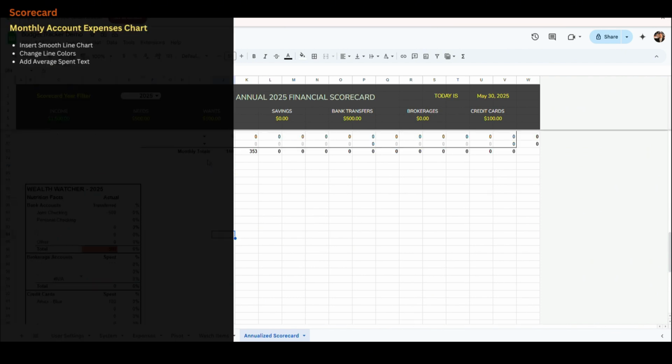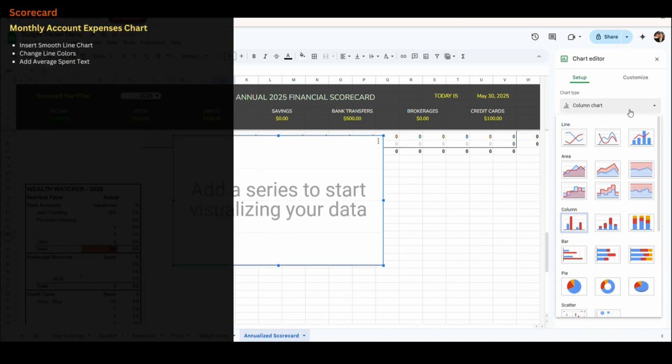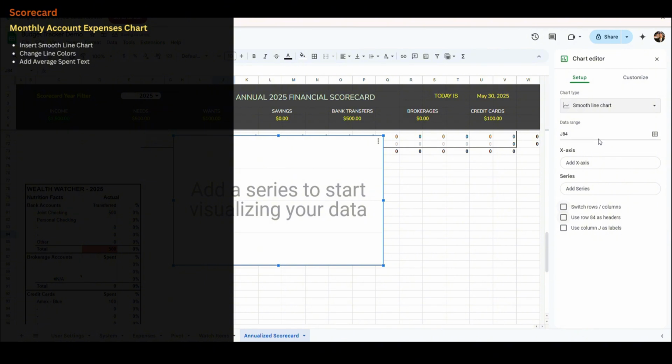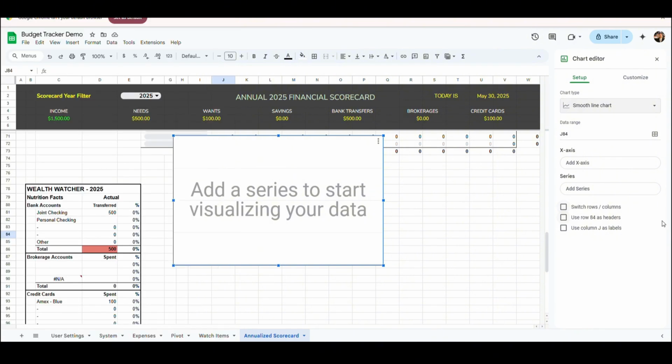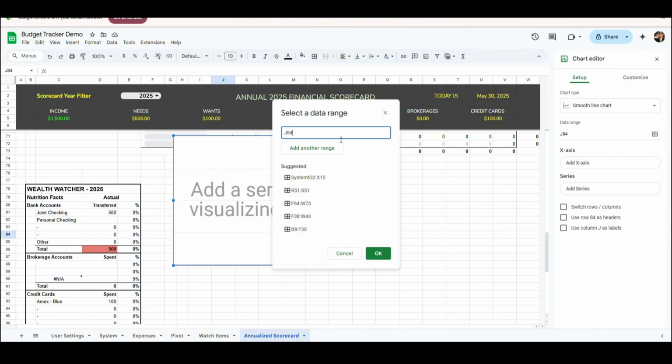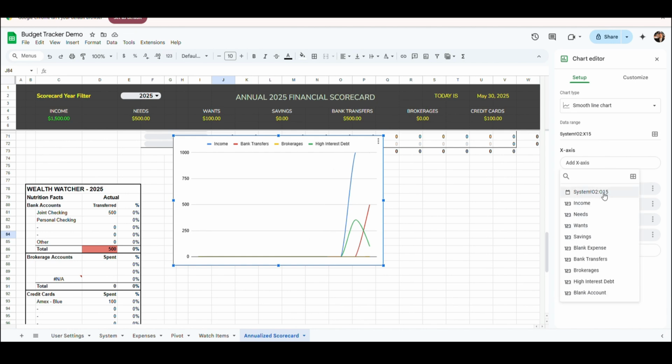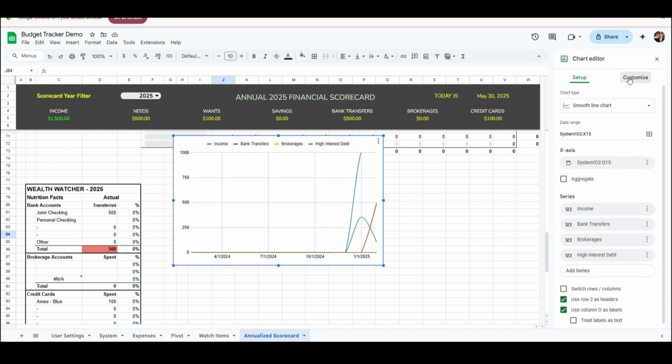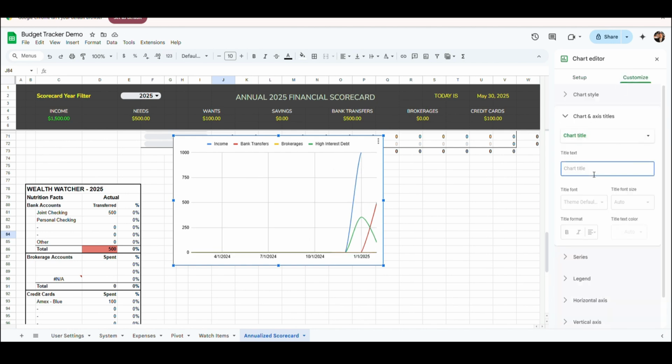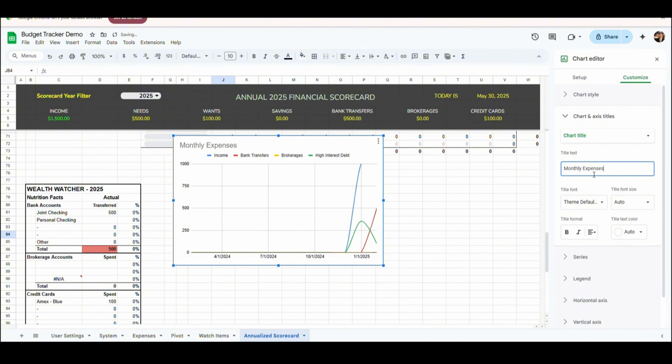Annualized scorecard, monthly account expenses chart. Go to Insert, then Chart, select Smooth Line Chart, and change the values to these settings. Next, click on Customize,